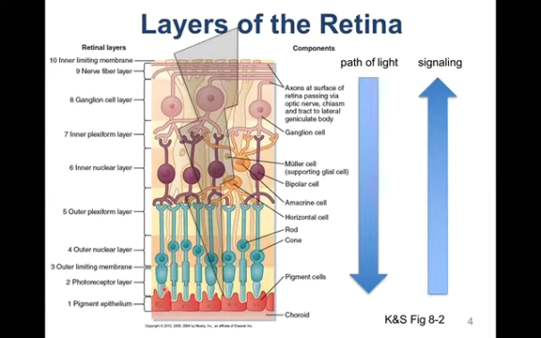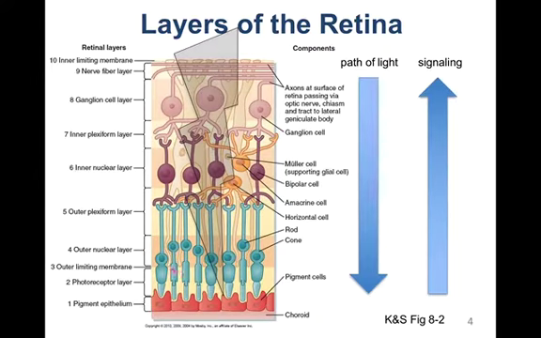segments of the photoreceptors. Okay, so layer 1 is important for absorbing light, preventing it from bouncing around, and also engulfing, phagocytosing the tips of the outer segments. Layer 2 is your photoreceptors, or at least the outer segments of your photoreceptors. So we can see rods that look like little rods and cones that look like little cones present in layer